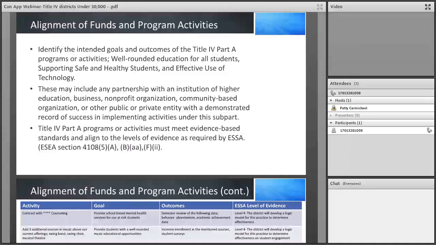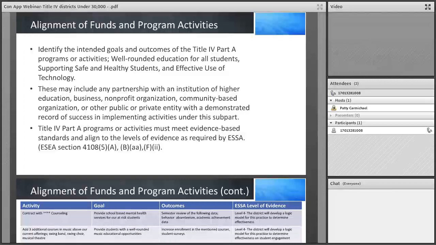Alignment of funds and program activities. Here you'll be asked to identify the goals and outcomes of the Title IV Part A programs or activities: well-rounded education for all students, support safe and healthy students, and effective use of technology.